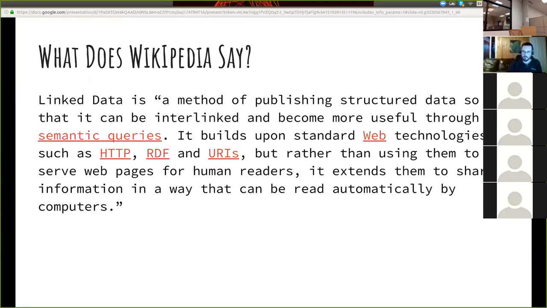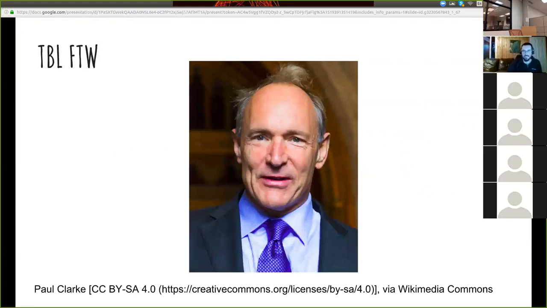But maybe first, that's the academic definition of it. But where did it come from? It came from this guy right here, Sir Tim Berners-Lee. He's knighted. That's how important this guy is. TBL, as the cool kids call him. This guy has done so much for us. Most of you probably already know him. But if you don't, this is the guy that's